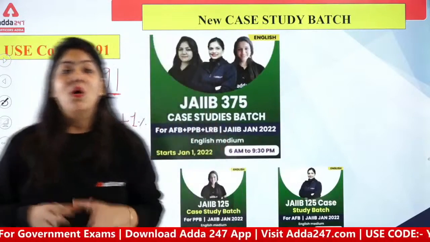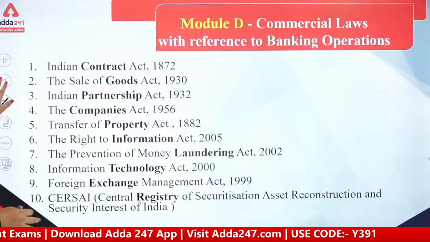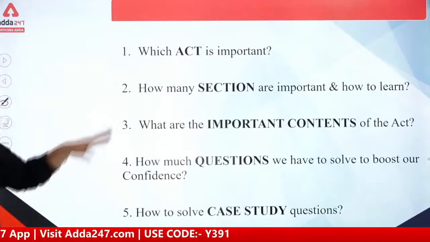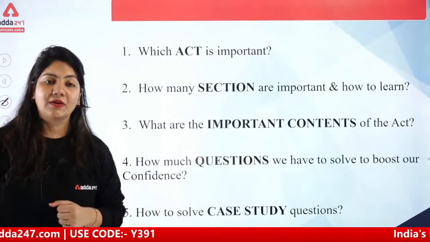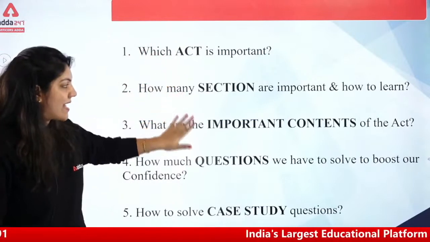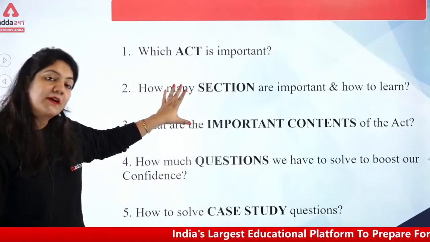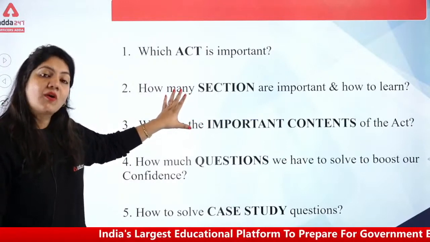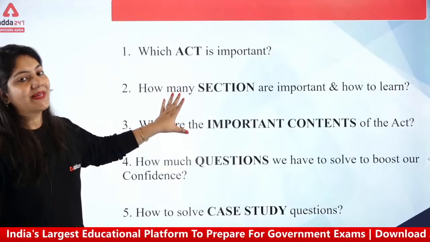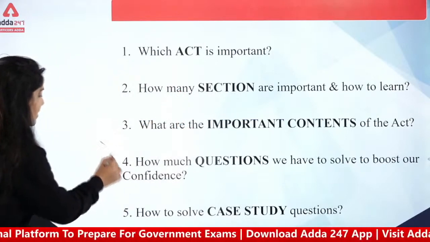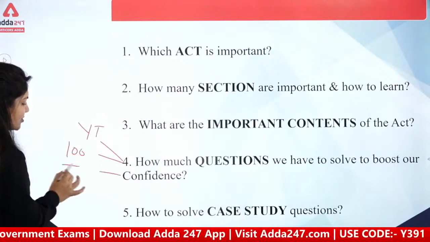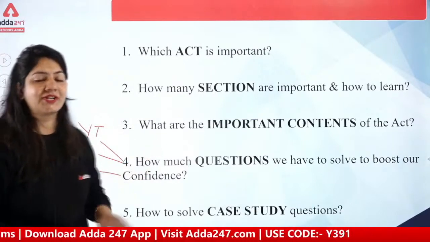So kindly do all the questions if you want to crack this, if you want to solve the difficulties while solving the LRAB questions. For the Acts, first of all, 22 Acts, you have to learn sections and important contents. You can take that from the paid batches which are already done. You can also purchase that in which the recorded classes will be available to you. And for the questions, I have already told you that you have to do the YouTube session, you have to solve the 100 PDF questions, and in January don't forget to see the important session.